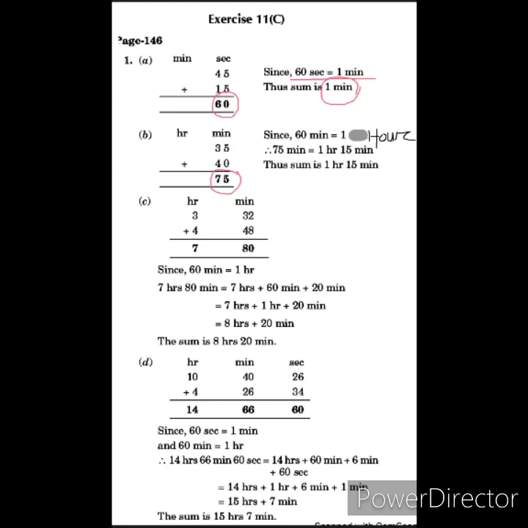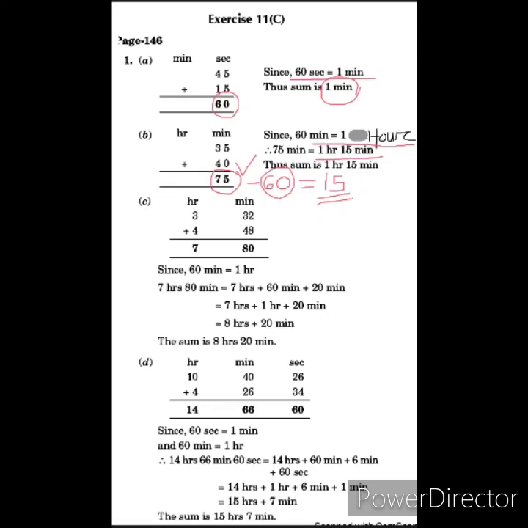As we know, 60 minutes is 1 hour, and this number is above 60, more than 60. So we can separate the 1 hour by subtracting 60. 75 minus 60 is 15. So we have converted the first 60 minutes to 1 hour, and the remaining will remain as minutes. So 75 minutes we have converted into 1 hour 15 minutes. Okay children.